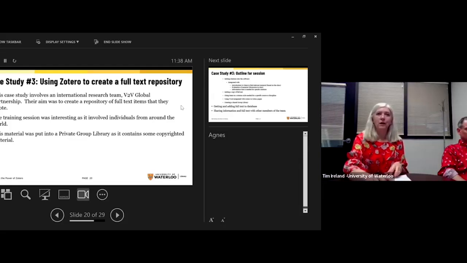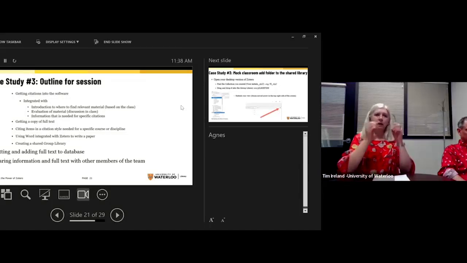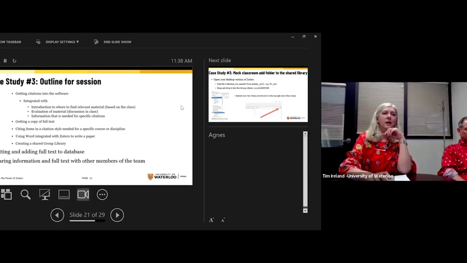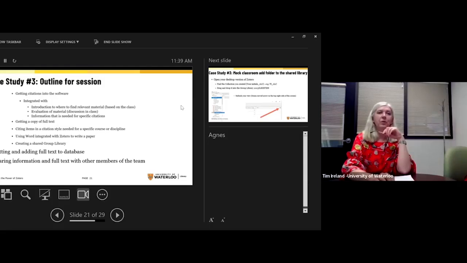So that was the end goal of that session. And for us, we followed all these session outlines on how to create a database, like I said. And at the end, all the researchers were able to share the information and full text material with other members of the team. So that's the goal of the private group library, that the information cannot be shared with people